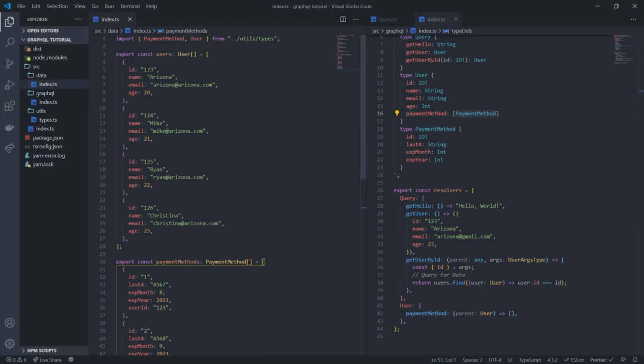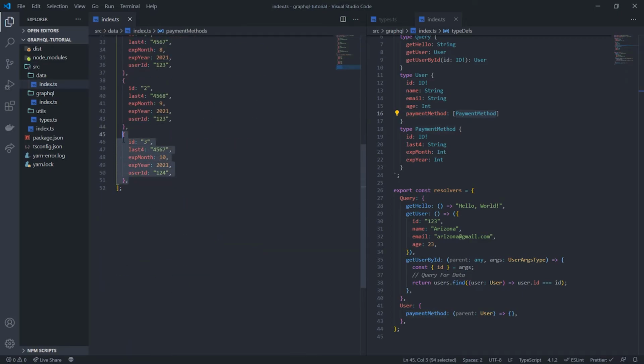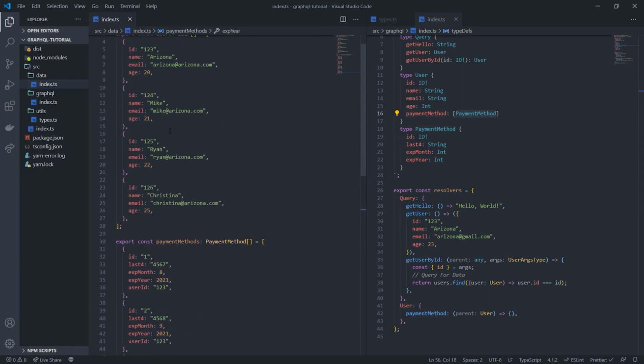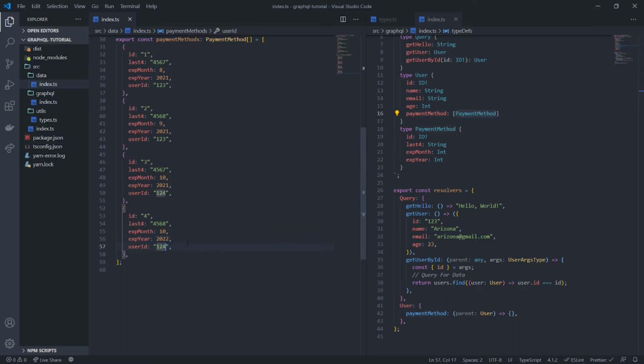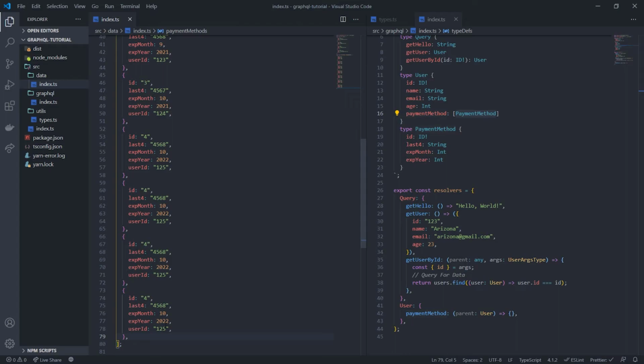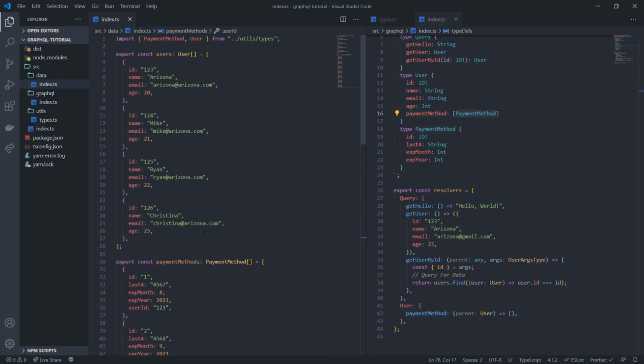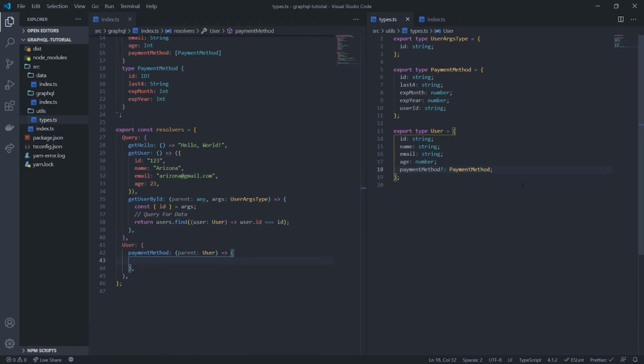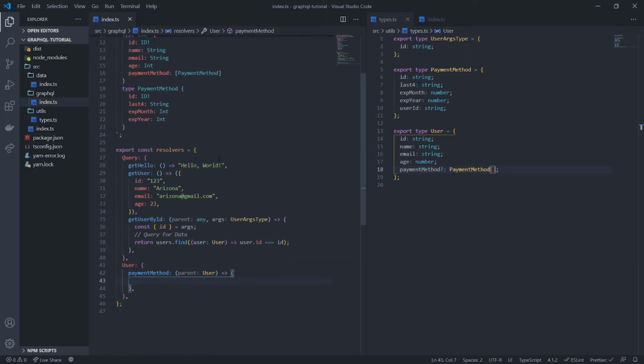So if you look over here, we have user IDs of 123, 124, 125, 126. All right, so let's go ahead and create this. And let's just change this to 2022, and this will be for user 125. And I'll just copy and paste this 3 times, and then we'll create one for 126. All right, perfect. All right, so one thing that I need to also change is our TypeScript type. We're going to make this an array of payment methods. And now inside our